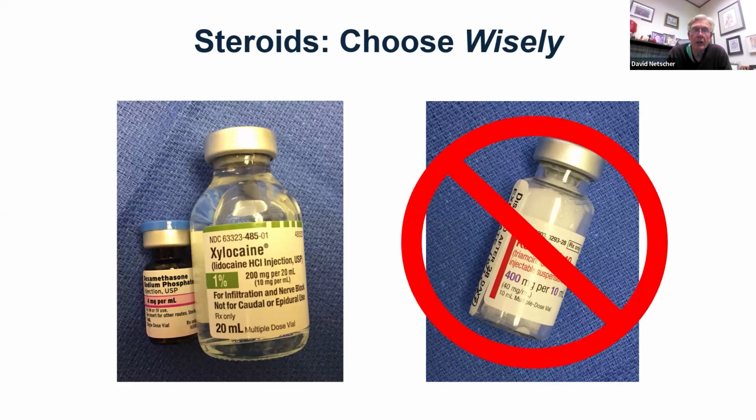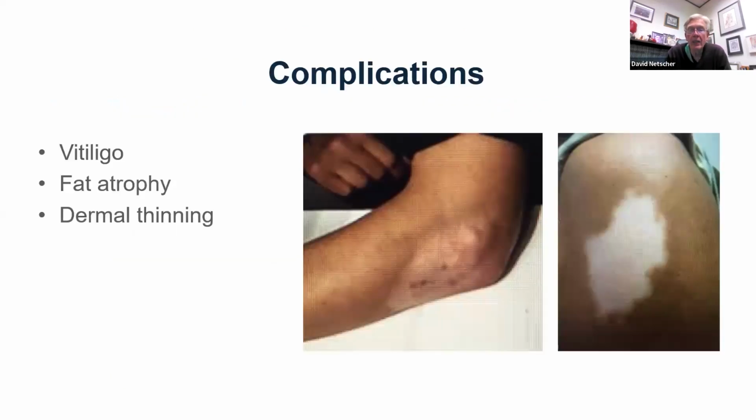So use a water-soluble steroid such as dexamethasone or Celestone, and not a fat-soluble steroid. And these are some of the complications you can get of vitiligo, fat atrophy, and dermal thinning, which we don't want to see. You can see how much fat atrophy has occurred here. You can almost see the skeletal structures, the skeletal architecture, covered by a thin sheet of skin after all their